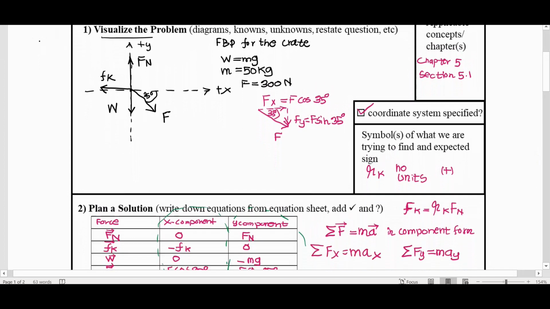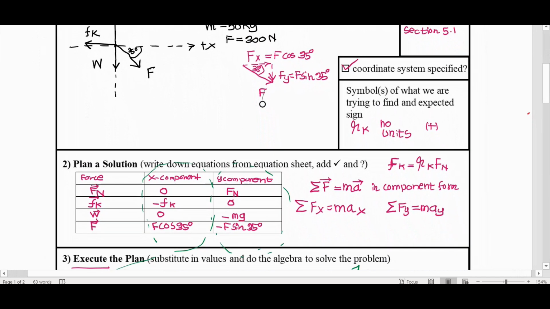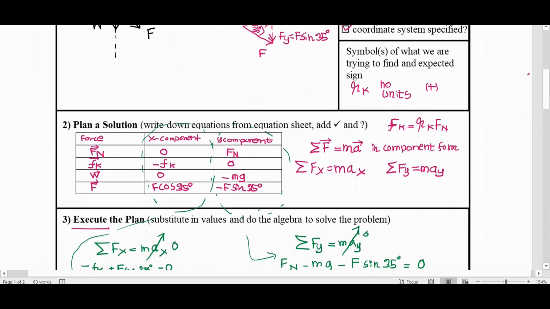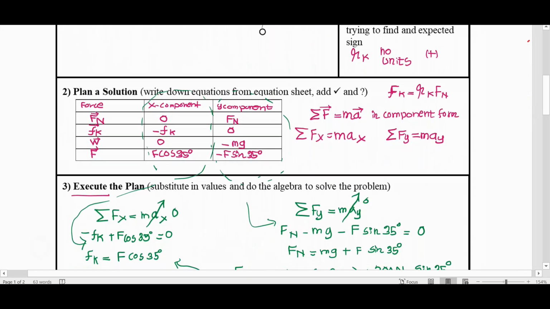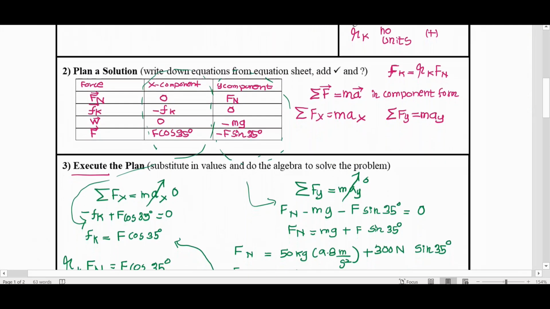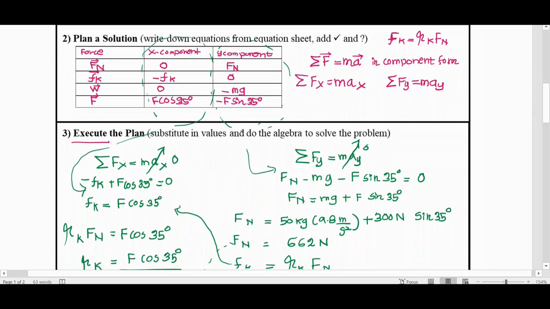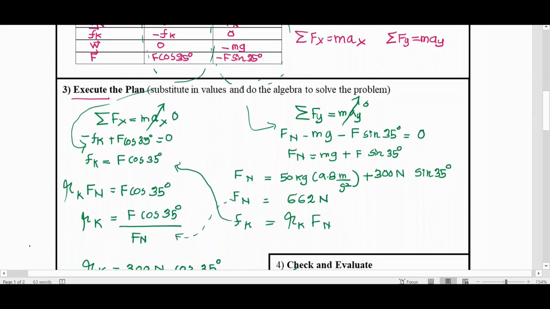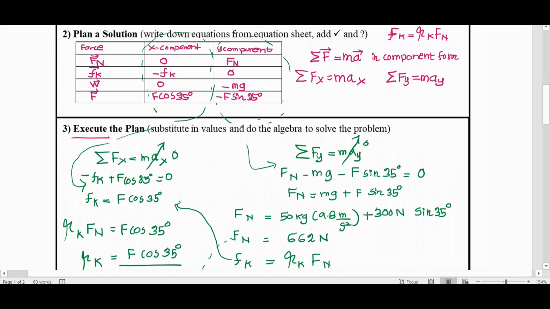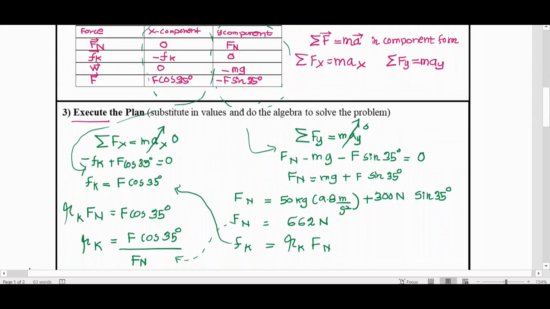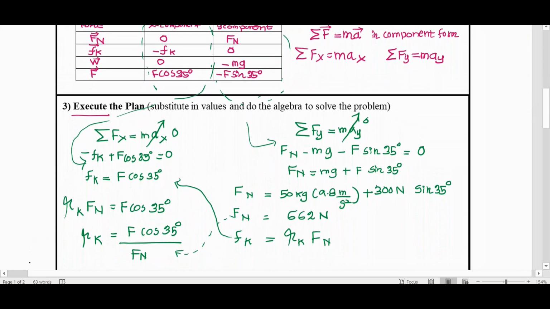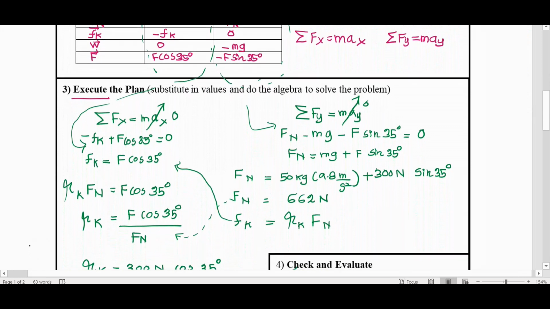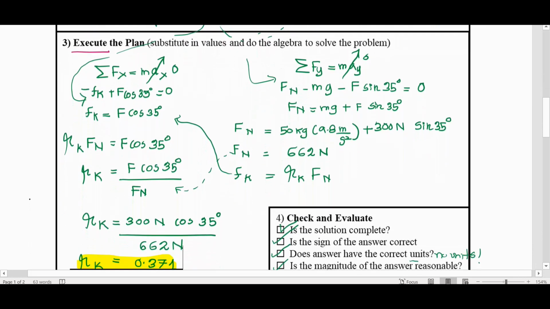And then we created this table. It is a lifesaver. It's going to save our time a lot if you come up with a table like this. It's very clear. You have a clear direction, and then we used Newton's second law, the component form of Newton's second law in x direction and y direction. We came up with an equation for the normal force, and we calculated the normal force, and we used that to come up with an expression